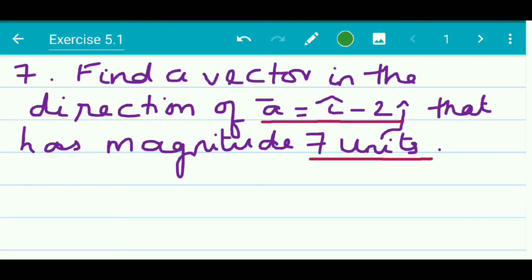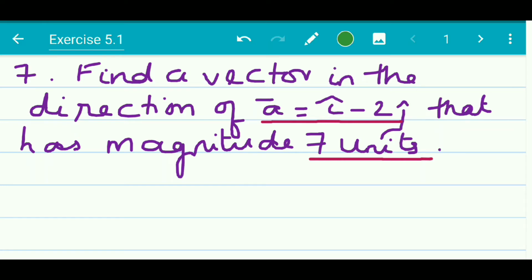Hello students. In the previous lecture, we had covered quite a few topics of theory of vectors. I hope you have gone through that because in this lecture, we are going to use all those concepts and solve a few sums. So we go through exercise 5.1 and begin with the seventh sum. As you remember, we have already done the first 6 sums.